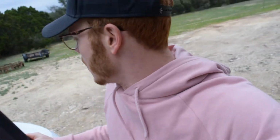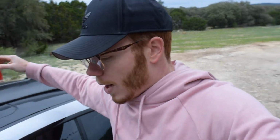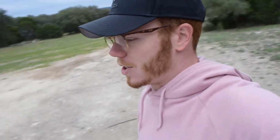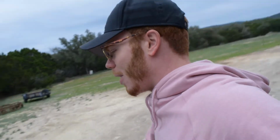My car is super dirty, and to install this, it's gotta be pretty clean. So we're gonna take it to the car wash, wipe it down real quick. It needed a bath anyways. The only thing that sucks is it's like 30 degrees right now, so I'm definitely going to freeze my ass off when I'm washing this thing. But it's all worth it, because your boy's gotta install his wing. So we're gonna do that right now. But first,